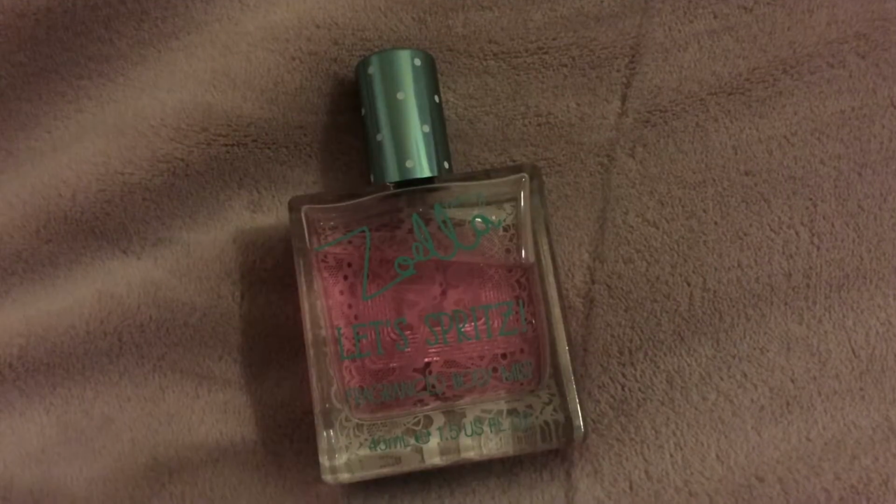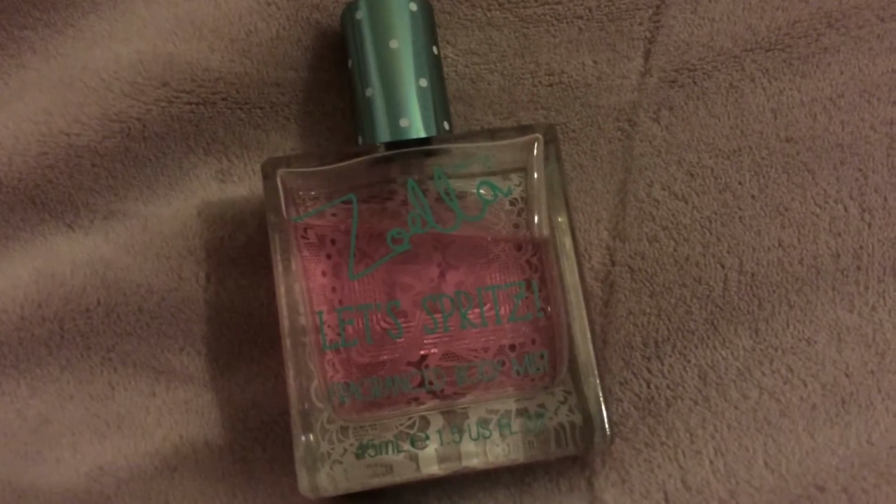On to my next favourite of the month. It is the Zoella Let's Spritz Fragrance Body Mist. It's like sweet but zesty and fresh, and it just smells so good. Will also really likes this. It wasn't too expensive and the smell lasts quite a while. It also is quite refreshing, so if it's on a hot day, the light spritz is just dropping it everywhere. I also really love the lace detail in the back of this and just the colours,